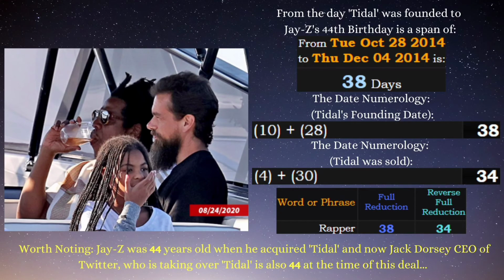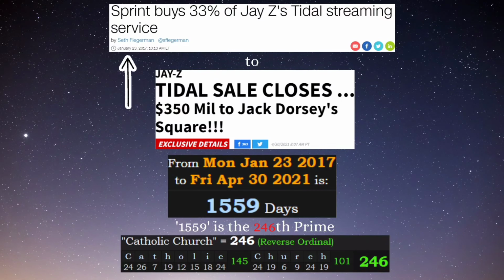Right. Lastly, in regards to this, I did find something interesting in regards to both of these men. Jay-Z was 44 years old when he acquired Tidal, and now Jack Dorsey, CEO of Twitter, who is taking over Tidal, is also 44 at the time of this deal. On January 23rd, 2017, Sprint buys 33% of Jay-Z's Tidal streaming service. And now today is April 30th, 2021, and we're speaking of Jay-Z selling Tidal to Jack Dorsey for $350 million. So we do always, like we did state, we calculate date durations. And as we can see, from January 23rd, 2017 to April 30th, 2021 is a span of